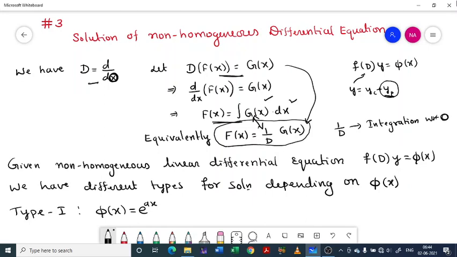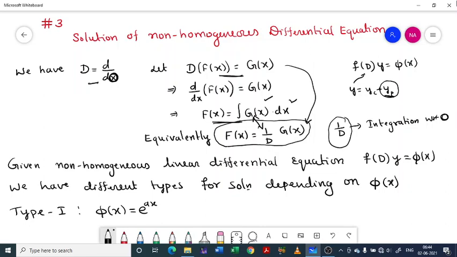Okay, so the particular integral, the particular solution, always involves these types of expressions. So it is called particular integral. If it were not supposed to involve 1 by D, then it could be just particular solution. But it always involves terms like that. So it is called particular integral. So that is the reason.